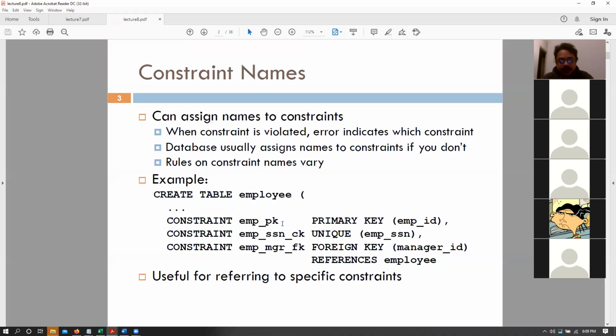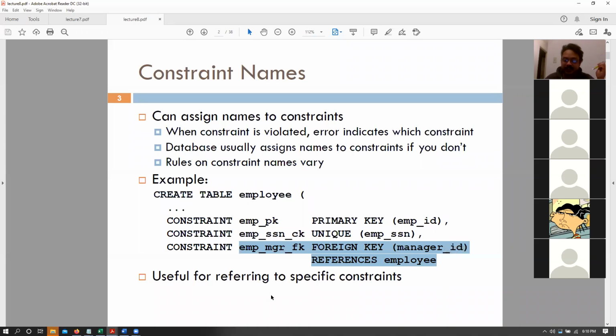Okay, so I said that we can assign constraints names. So what we can do is specify a constraint name, and then the expression for that constraint, right? So up to now we were just saying primary key is employee ID, but we can then assign a name to that, basically saying constraint employee underscore PK. That is the name of our constraint, and primary key is employee ID, constraint employee SSN check, unique employee SSN, manager foreign key references employee, and so on, right?